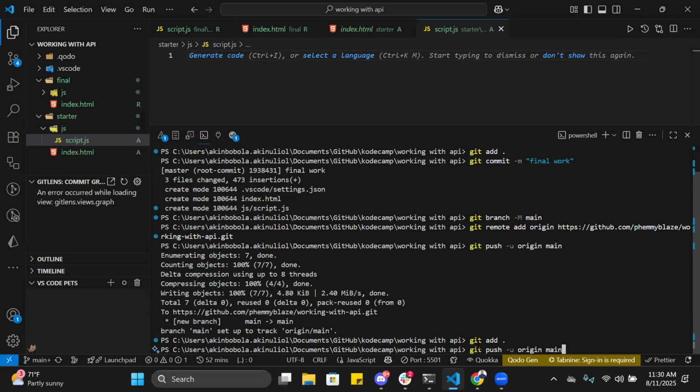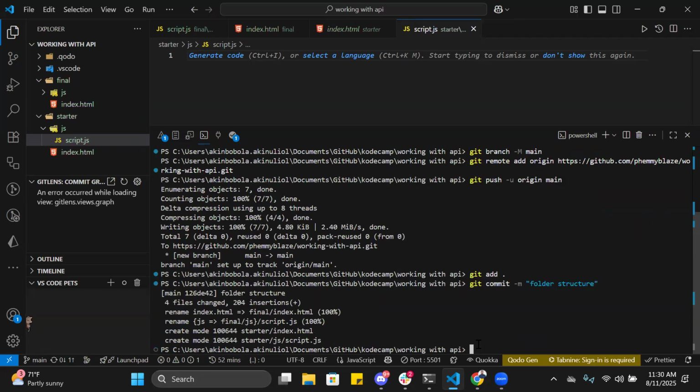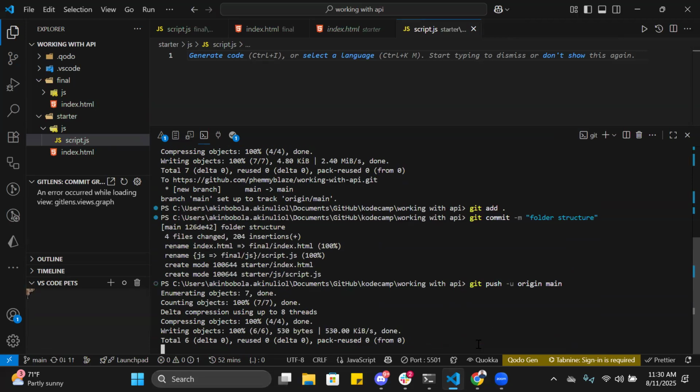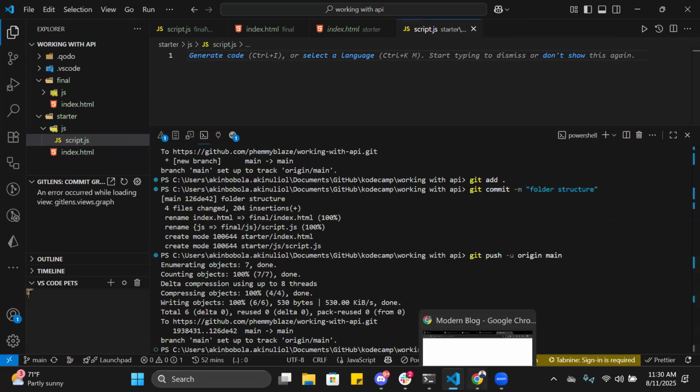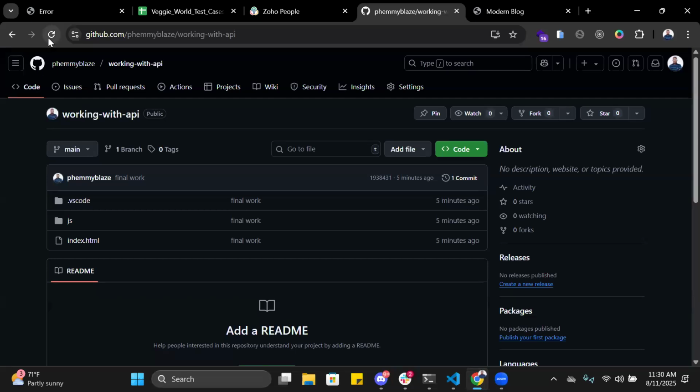Git add dot, then git commit. Let's add the commit message "folder structure". And let's just push, so we'll be pushing to origin main. And yes, if we refresh our GitHub page once again, we'll see that we now have